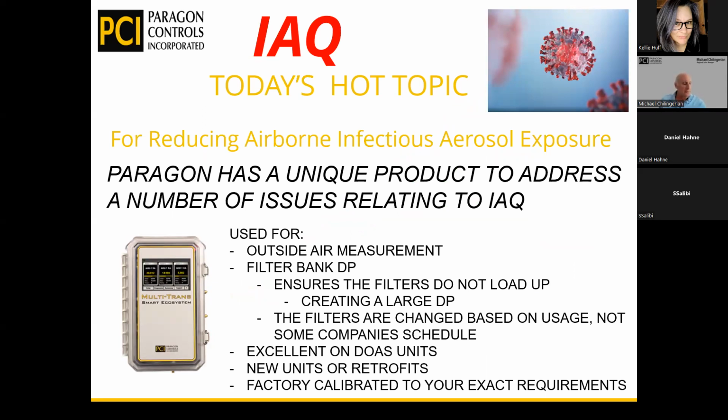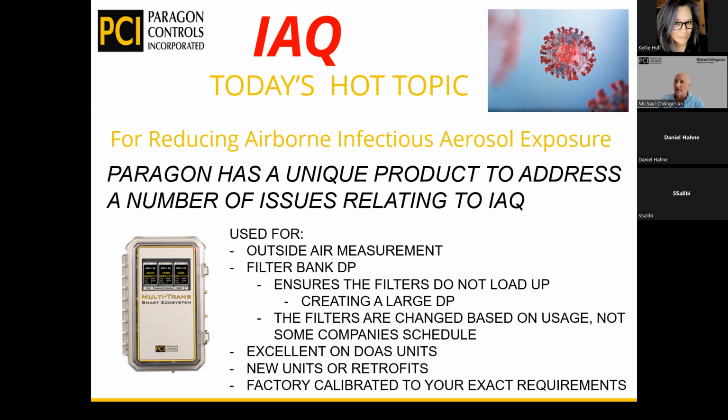Because IAQ is such a big topic today, I want to put this slide in there. Paragon has this device called the multi-trans. And the multi-trans has a lot of different applications that you can use it for. So we've been talking about outside air, but the other thing that goes along with indoor air quality to a great extent is our filter banks. And we can measure the filter banks. We can measure as many filter banks as you have in the unit